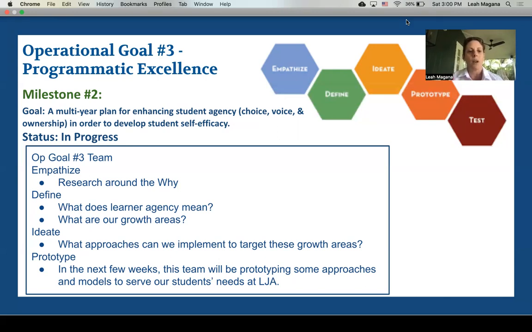So once we knew the defining, we were able to define where our areas of growth are based on those areas that Kath Murdoch outlined for us in the survey. We're able to now move to generating ideas around how to solve the problems. So with that, we started brainstorming different ideas. It really helped that we had a whole team of people who went to the IB Global Conference last week. So got to engage with lots of different schools and successes around the world.